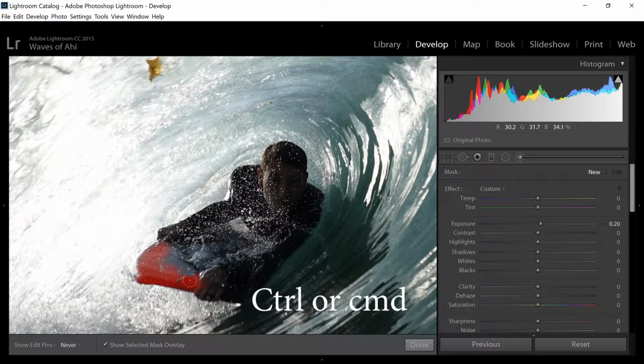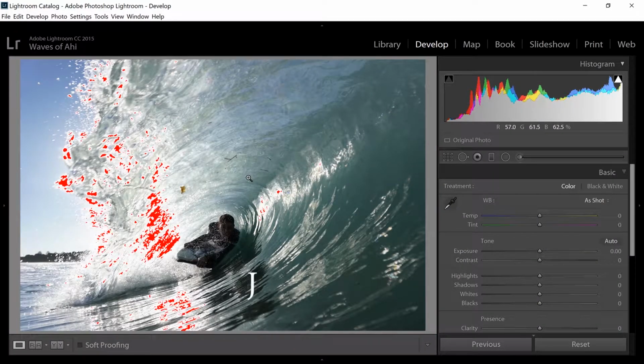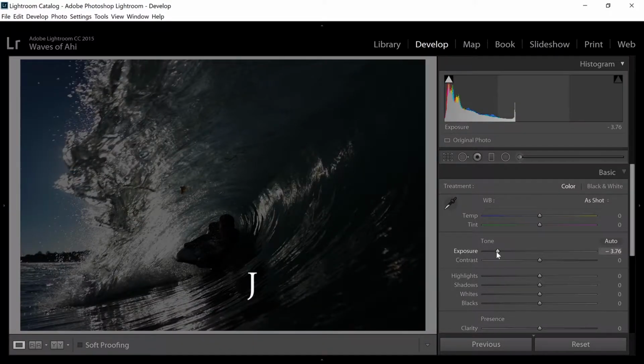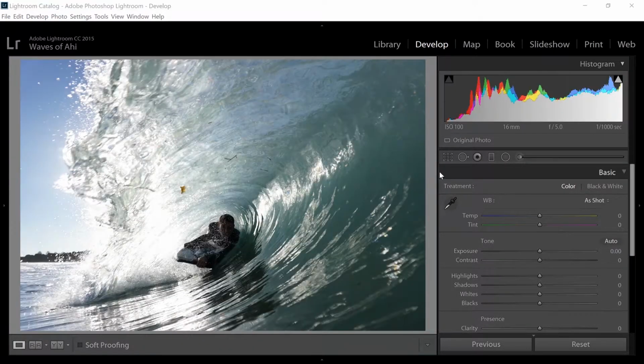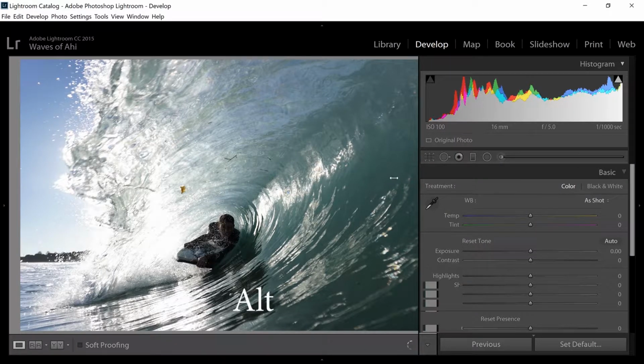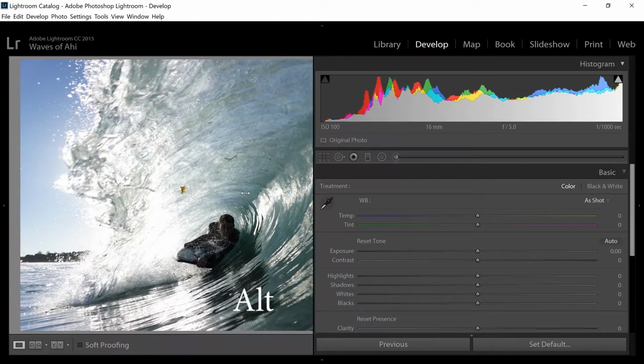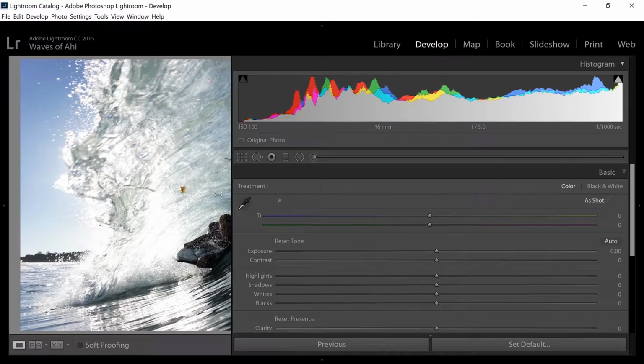Control and brush on your photo, it'll do a smart selection of the object you are brushing over. Click J to see the highlight clippings or the shadow clippings to see where you're losing detail. Hold Alt and drag the Develop panel to the left to get the exact detail you want in your photos